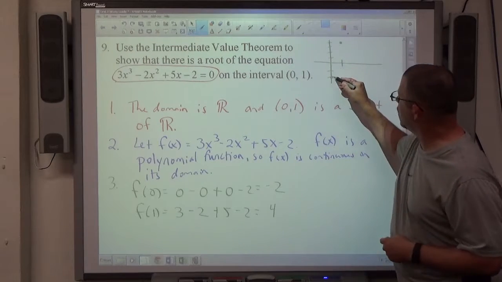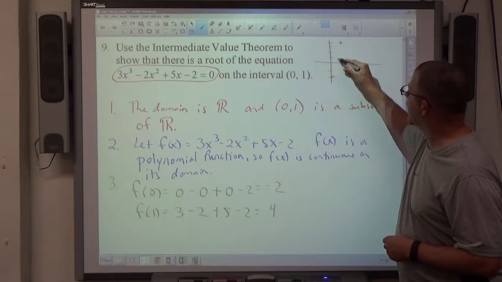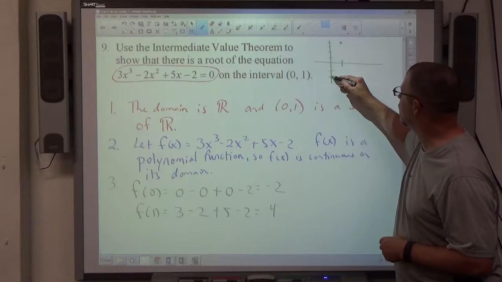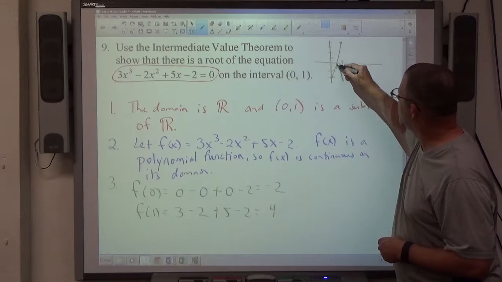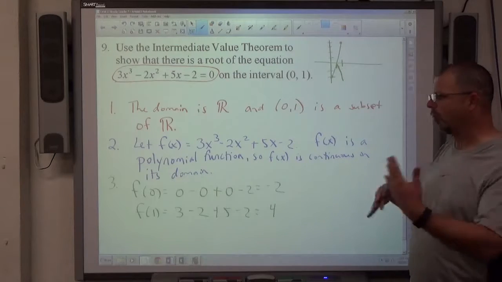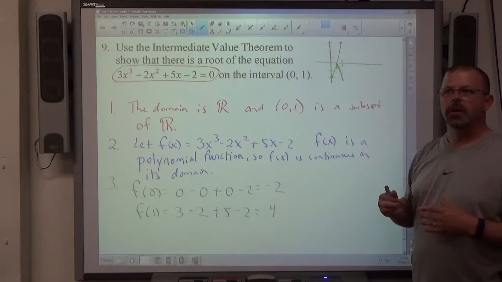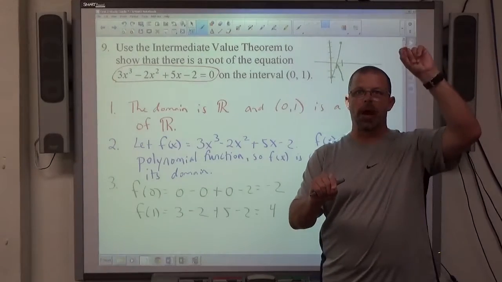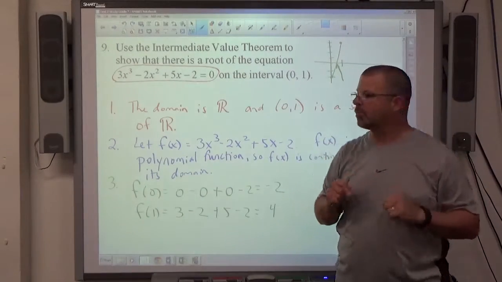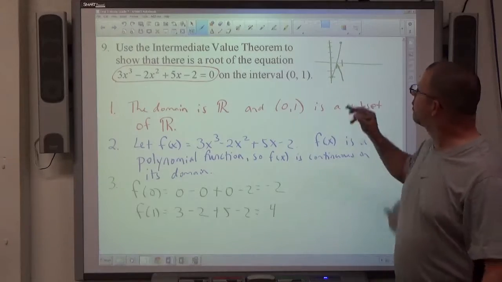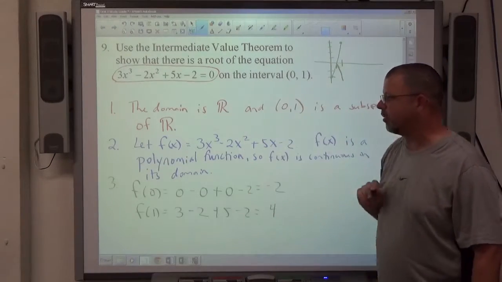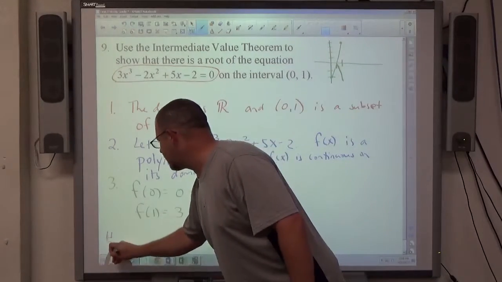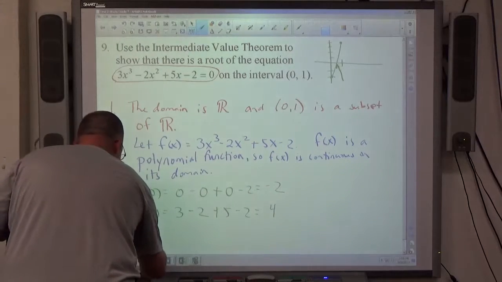My graph is continuous. I got a dot here and a dot here, and I got to connect the dots. There's no way to connect those dots without crossing the x-axis, which establishes that there has to be a root. So that's this whole idea of the intermediate value theorem is that you show a negative, you show a positive, show there's no break. There's no way to connect the dots without crossing the axis. So therefore, you have a root. So once you've established all three things, 1, 2, and 3, we can go on to state that by IVT,